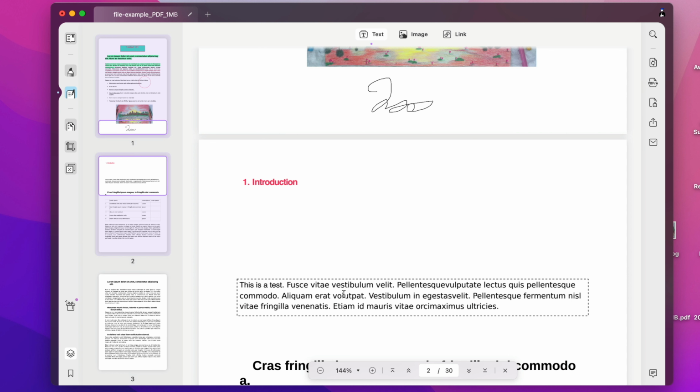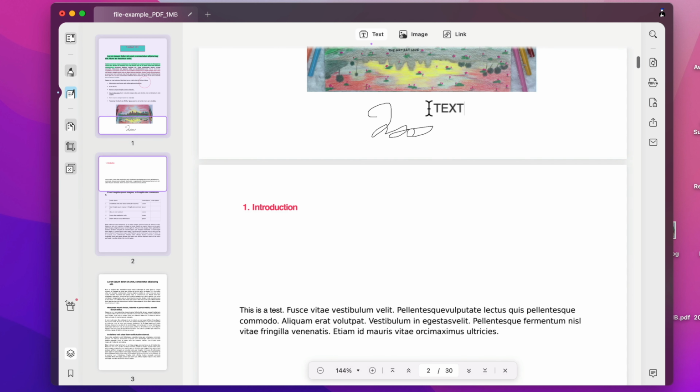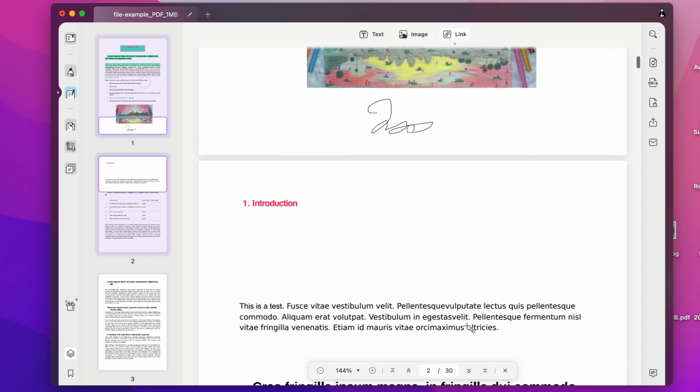So as you can see here, you can edit the text easily. You can remove the text from your PDF file. You can edit the text. You can add more text to it. You can also replace the old image with the new image. You can even add link to it. Let's say this one should have a link. So whenever they click on this, it will pop up a new link. Let's say